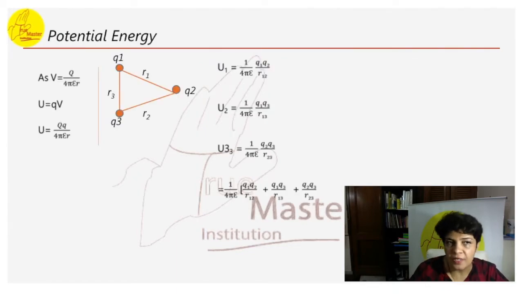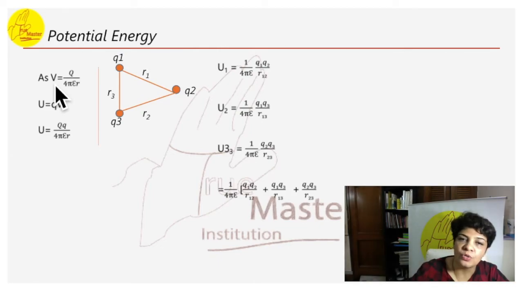Now potential is denoted by V. There are similar symbols, like we have velocity, and we use V for potential as well. So don't get confused, but this V is representing potential here. The potential formula for a point charge is V equals Q by 4 pi epsilon naught R, and the symbol for potential energy is U.